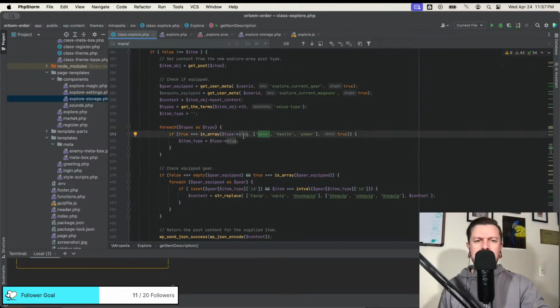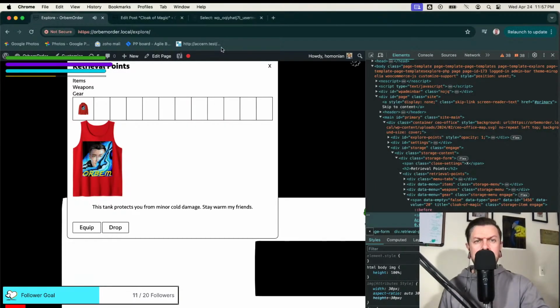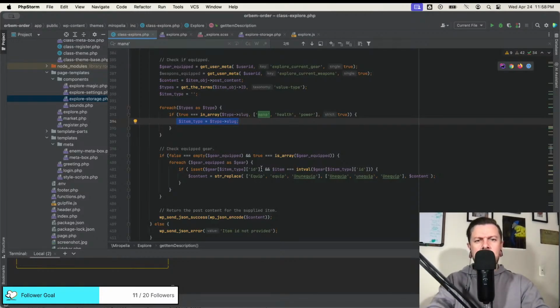Type slug. If the slug of the type is not in here while you're doing this, then set the type to the item type. And the database has the item type. Oh, item ID is not the thing, it's just the first. Got it. I don't even have a key for that. It's just the first.